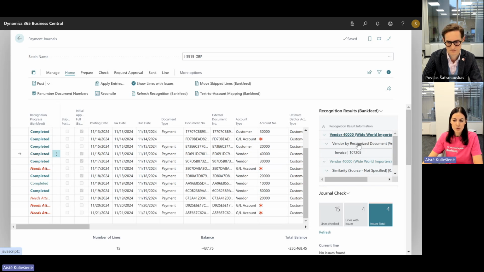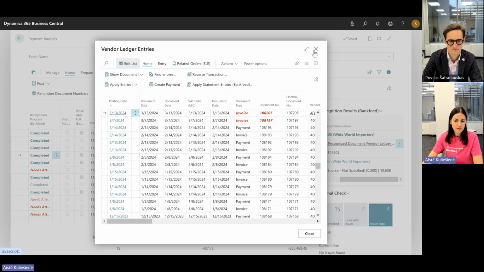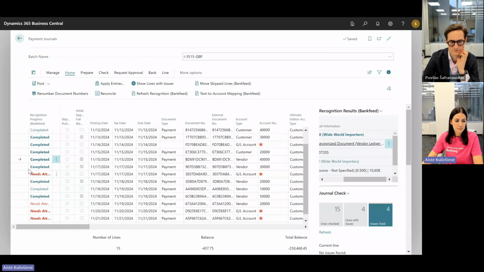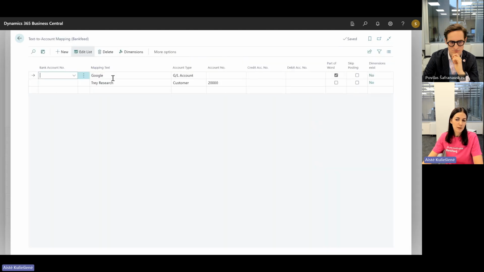So if we press on the line, vendor ledger entries will be opened. And if some line was recognized by text to account mapping, when we press on this recognition result, the text to account mapping table will be opened, and the cursor will stand on the line which helped us to recognize this payment.